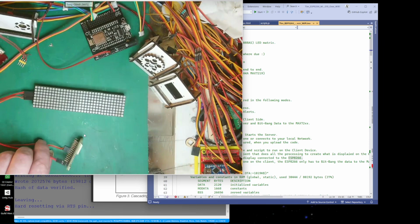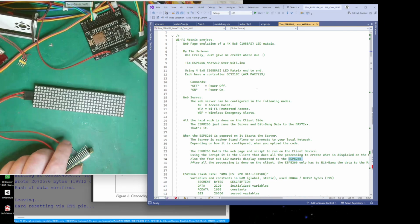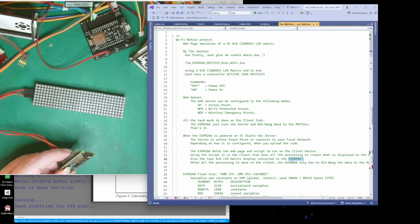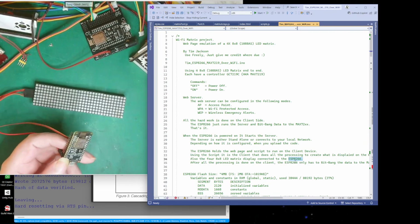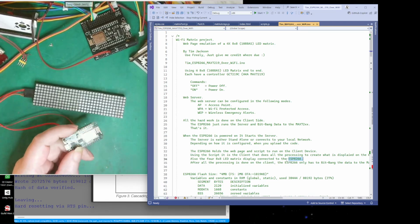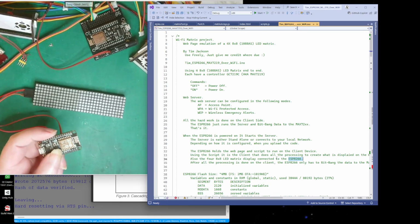Right, yes. So if I come back now to this, this is the firmware for the ESP8266, and what I've decided to do is, right, if you can imagine this microcontroller on here, it's very powerful. It's got plenty of memory and stuff. In fact, I'm going to put...